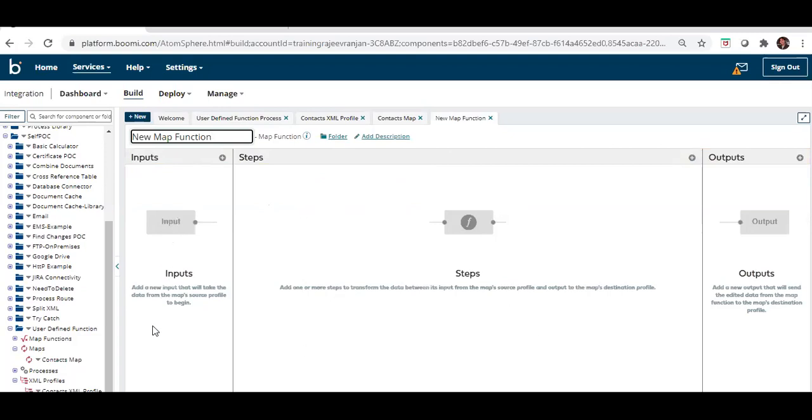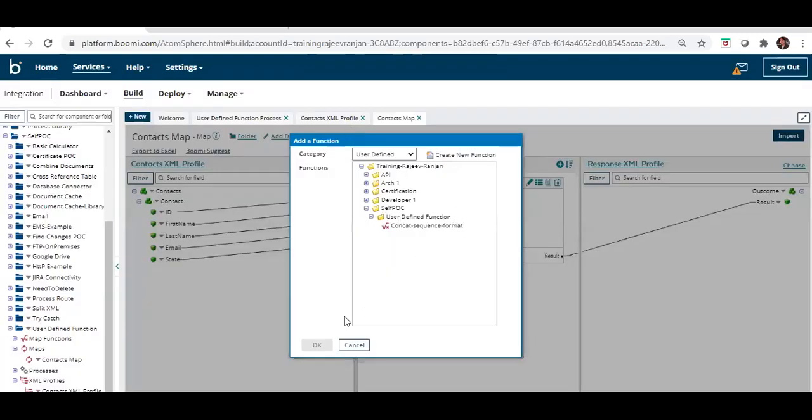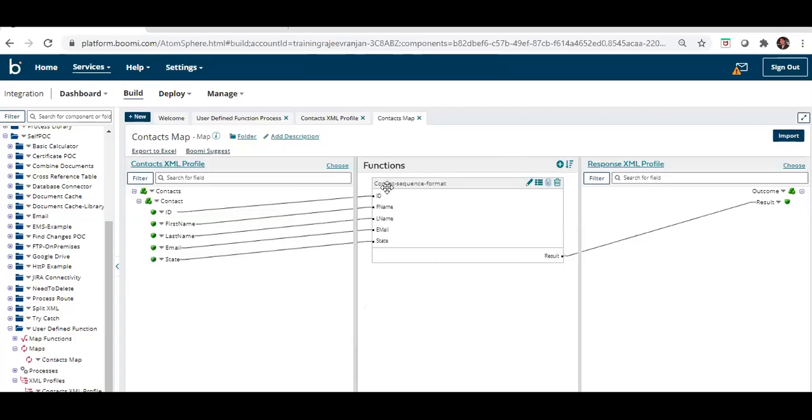This indicates the input, this is the output we will share, and this portion holds the steps, describing whichever existing functions we want to use. Using that, I have already created this function, concat sequence format.